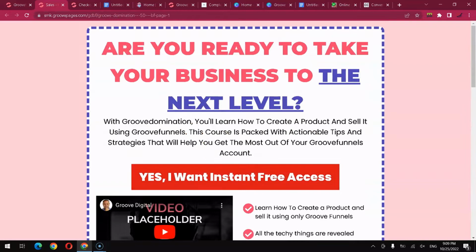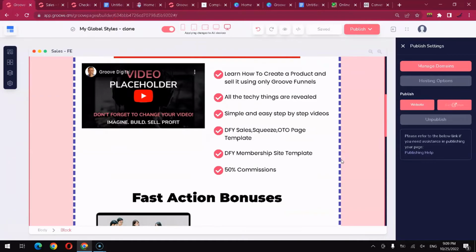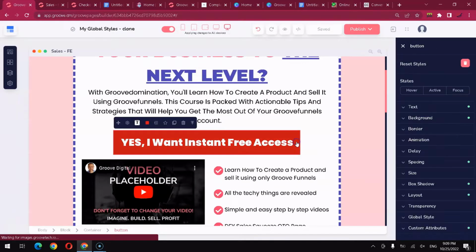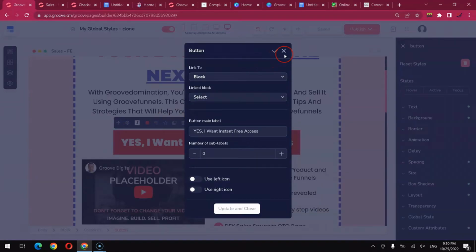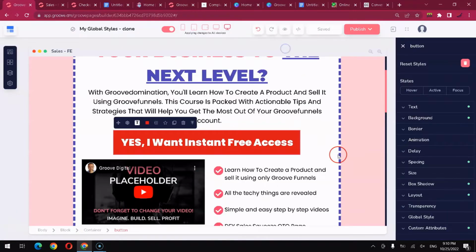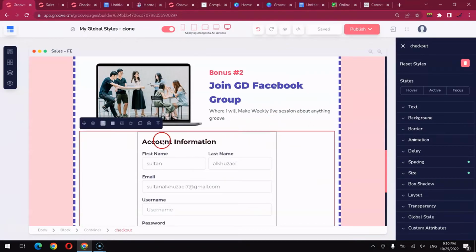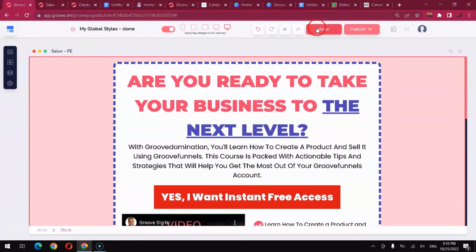Maybe I want to add a countdown timer, so I want to go back and let me first check the button. So click on the button and config link to. I think I need to have the checkout form in a new block. So what I'm going to do is I want to have this checkout form in a pop-up. So I want to remove this, okay, and then I want to click on save. Now I want to go to assets, pop-ups,